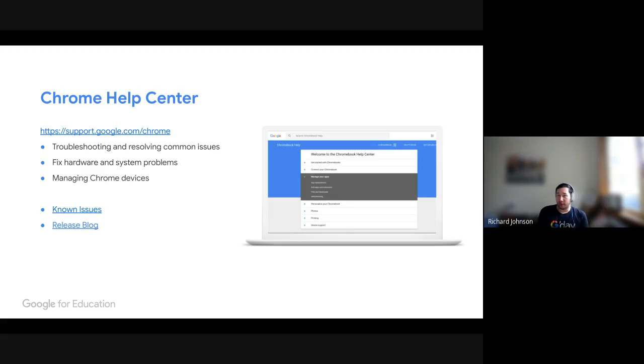If you want any further help, or you're looking at known issues or trying to troubleshoot and fix things yourselves, there's a huge amount of knowledge bases out there. Our primary one is obviously the Chrome Help Center. You can go to our support site. There's heaps of information there. We also have a known issues tracker, as well as access to the release blog, which I was talking about in reference to Josh's question before. Definitely worth having a look at those, signing up to the RSS feed if you need to receive all of those automatically, but please have a look at those.